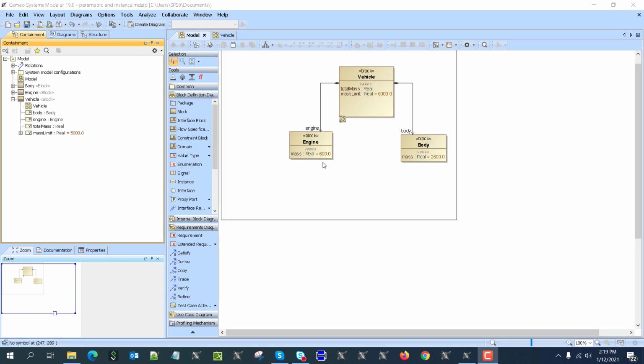We see a very simple model here. Vehicle has total mass, mass limit, engine as a part and body as a part. Engine has mass and body has mass. Now if we want to create a